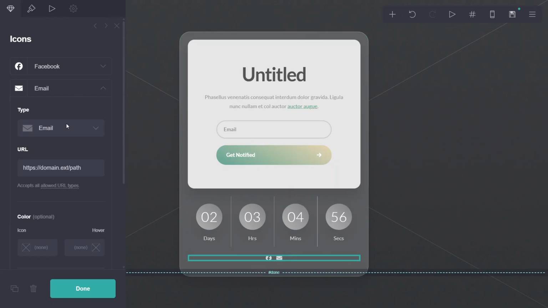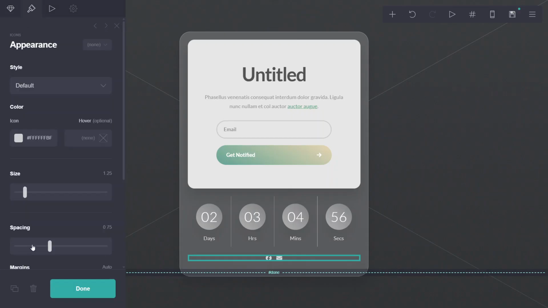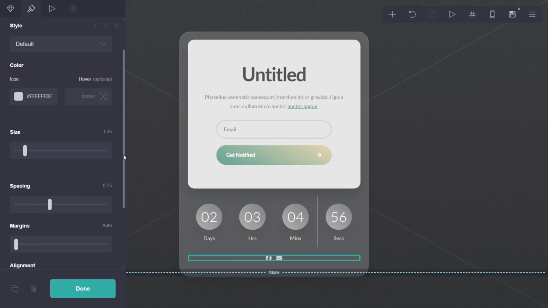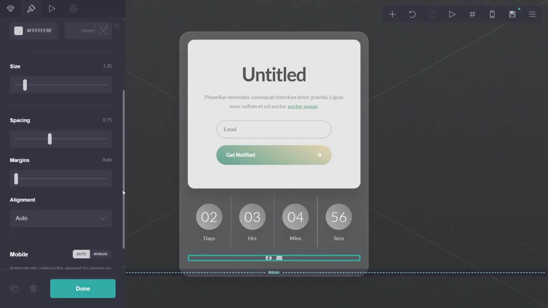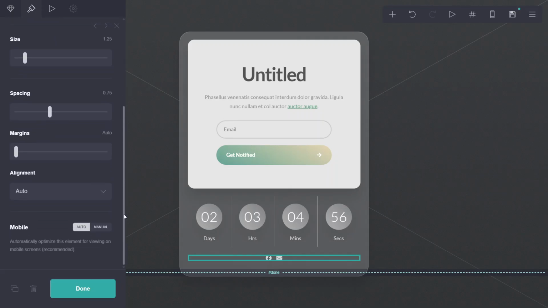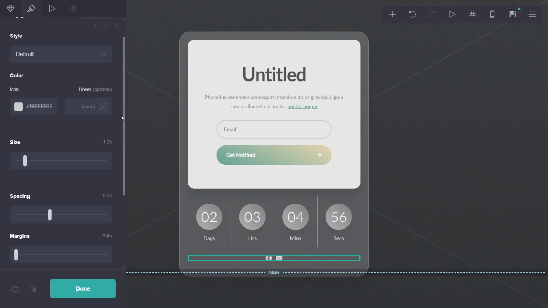Next, switch over to the Appearance tab in the left panel. This is where you can make your icons match the style of your site. Here you can change the style of the icons, their main color, and the color they switch to when someone hovers over them. You can also adjust the size of the icons and the spacing between them. Take a moment to scroll through all the appearance options and tweak them until everything looks clean and consistent with